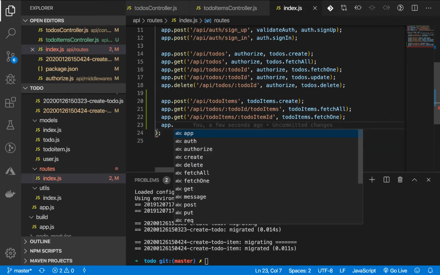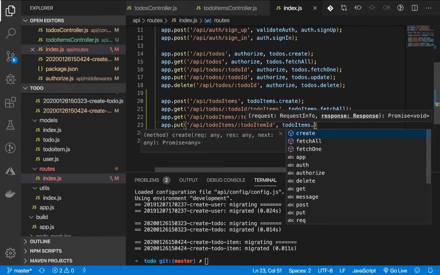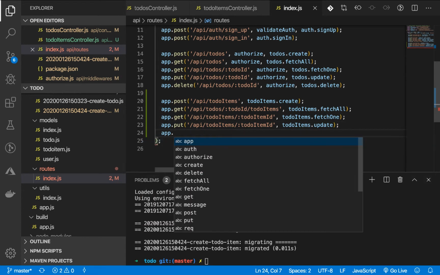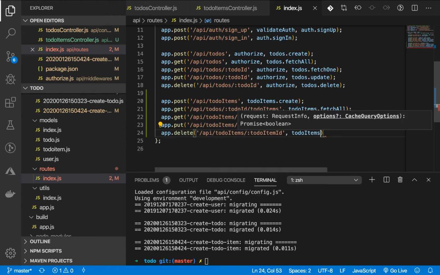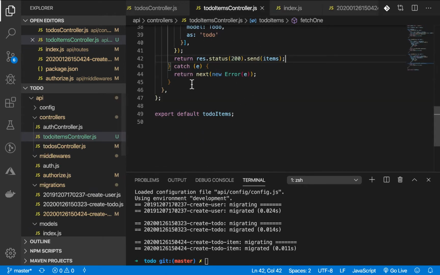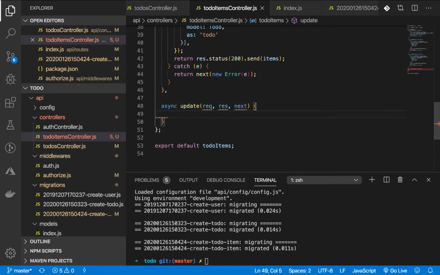Good. Let's create endpoints again for update. Call it put. I'm going to call that method update, and the delete. So we are deleting a particular to-do. Good. Let's now create the methods. Try catch,